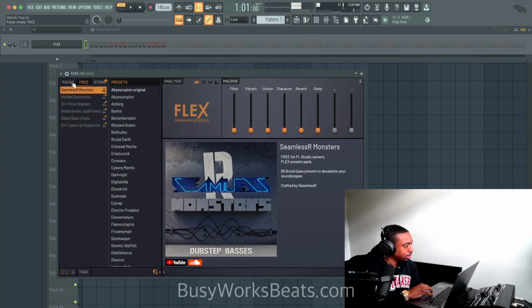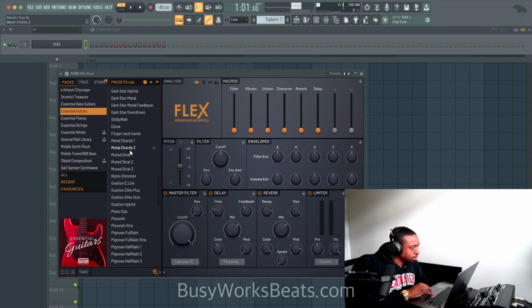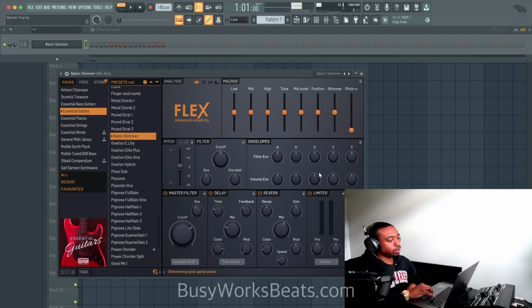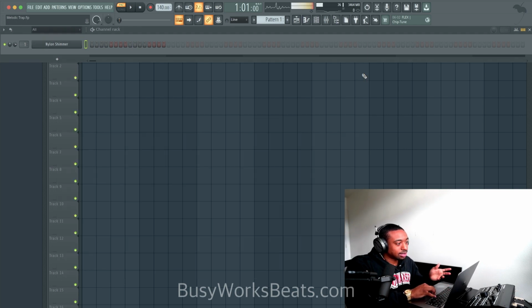So let's go to free, and you should see essential guitars under there. Let's go to essential guitars, and I'm gonna start with, I always forget what the good one's called. I don't really like this plugin, but I'm doing it for y'all. Nylon here. Now this has a weird reverb on it, like that sound. I don't know why they decided to do that, but we can't undo it, from what I understand. So let's take off the effects. I guess that's what the shimmer was, okay. And let's add some volume release. Now it still sounds thin and fake to me, but that's just the nature of stock plugins.